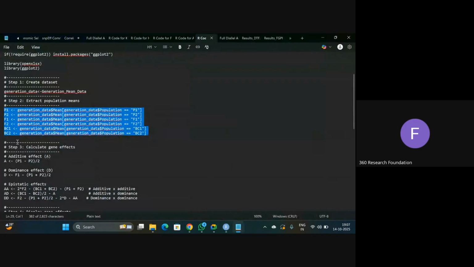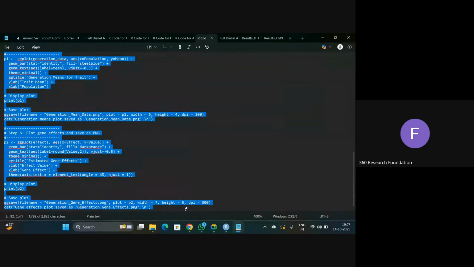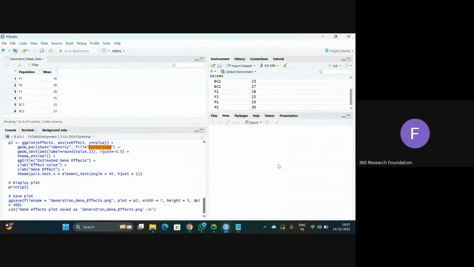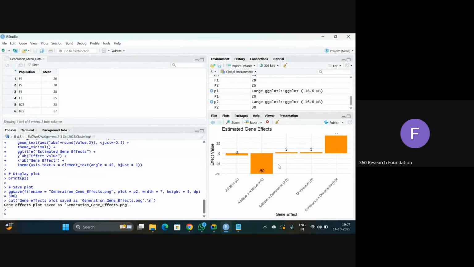Then here we'll calculate all the effects. Yeah, I think it is working. No problem. So here